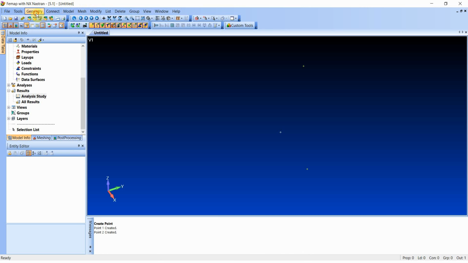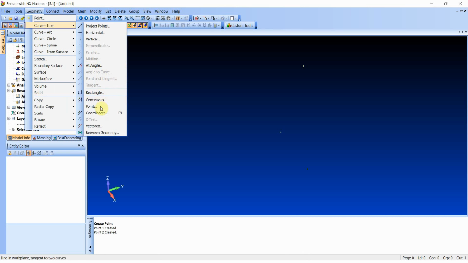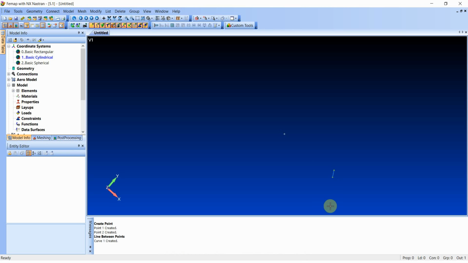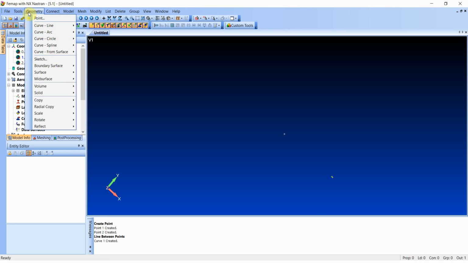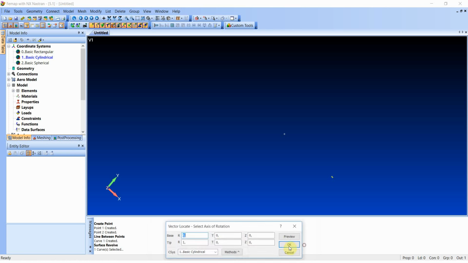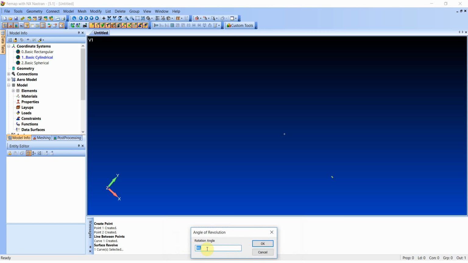I will then connect those points into a line and rotate this line to create a shell. And Femap has a nice revolve command to do so. I have to define the vector of rotation. I will use a vertical upward axis, and half of the width of the support will be 5 degrees as